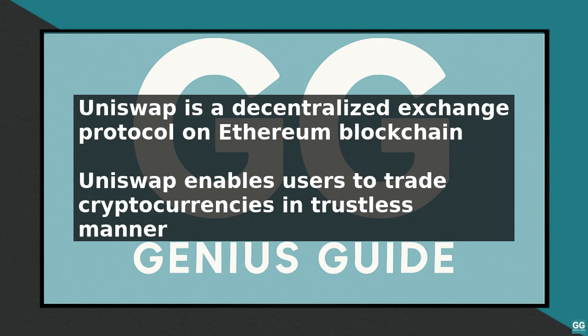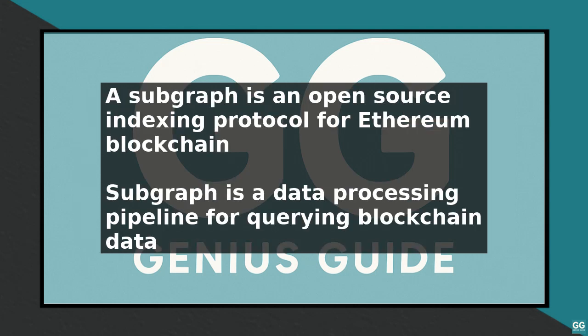The protocol is built on the Ethereum blockchain and uses smart contracts to facilitate trades. A subgraph, on the other hand, is an open-source indexing protocol that allows developers to index and query data from the Ethereum blockchain. It is essentially a data processing pipeline that takes data from the blockchain, processes it, and makes